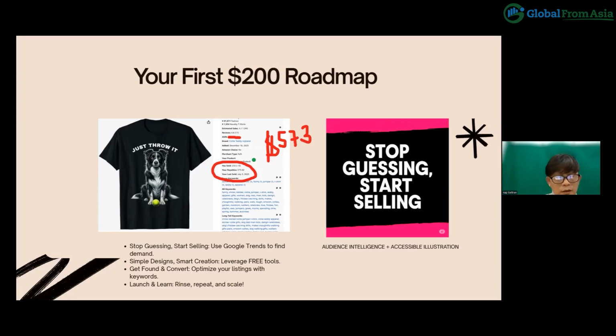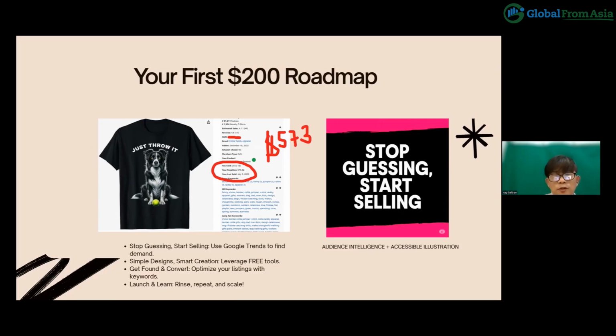And what's good about print on demand is once it's published, it's almost like it's there already, and there's always a chance for you to make money once it's live on any of the marketplaces. This one is published on Amazon. I had this shirt from 2023, but up until yesterday, the 3rd of July, it still sells, because that's the beauty of print on demand. Whenever somebody is thinking of a dog shirt, you have the opportunity to sell to that customer.